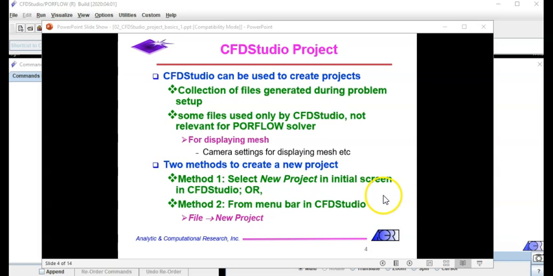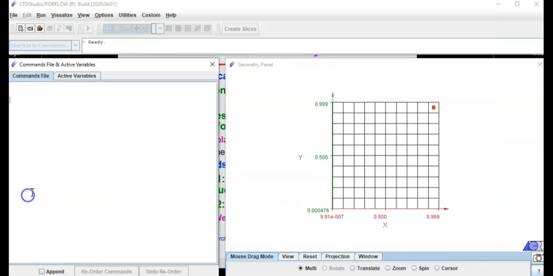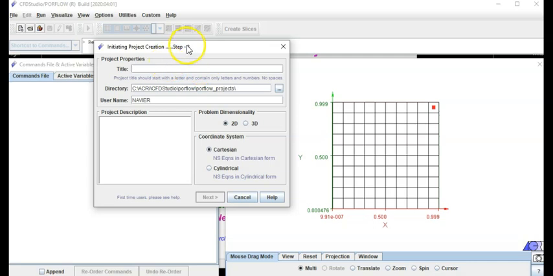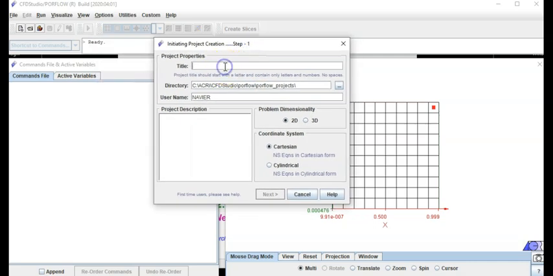Now we will see the second option for creating a project using CFDStudio. For this, go to the File option in the menu bar and select the New Project option. Again, you can give a project title and choose the problem dimensionality and the coordinate system. Now, this project will be stored in a new folder with the same name as the project title. Now you can click Next again